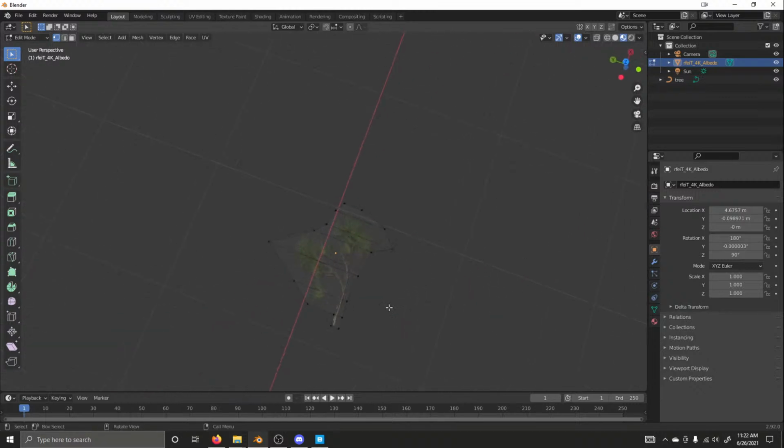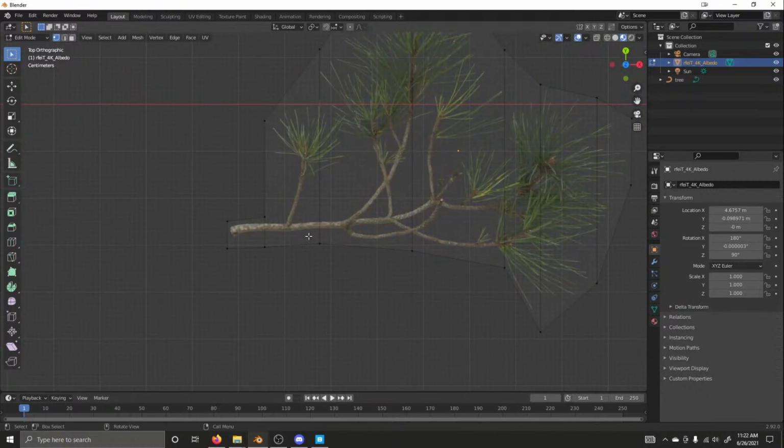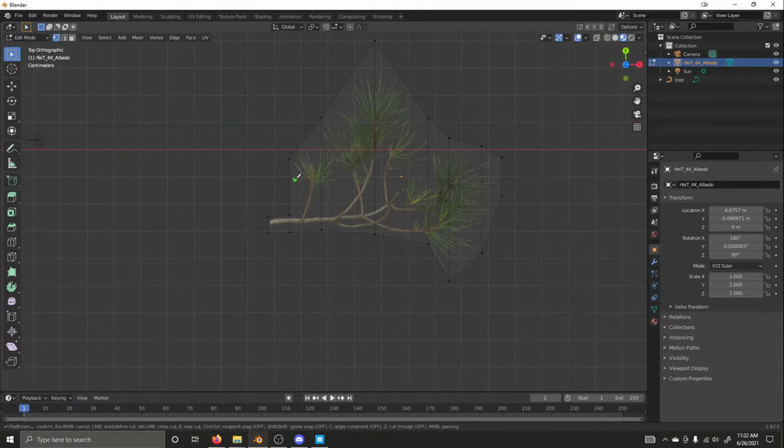And now I'm going to, actually, press 7 again, go back into this mode, and I'm just going to give myself some more vertices to work with